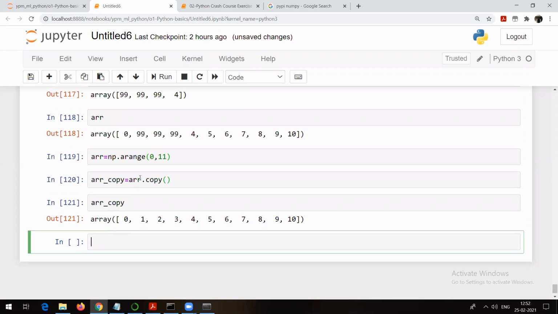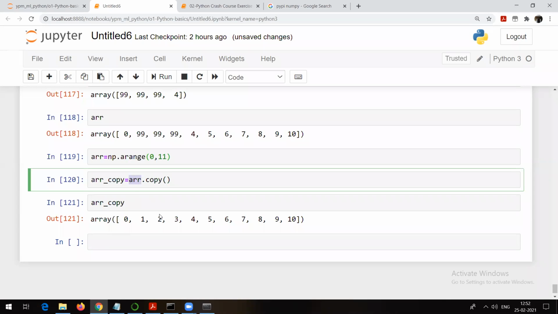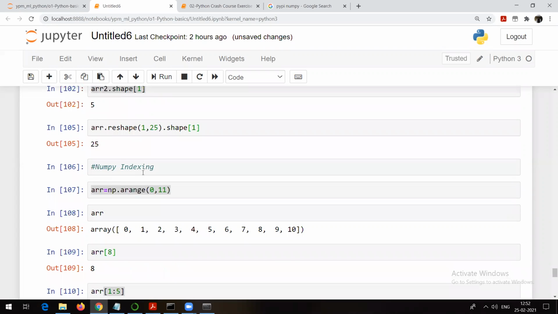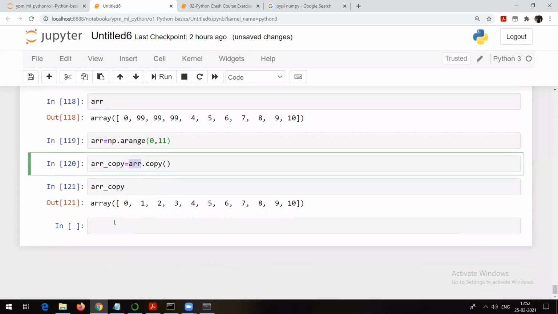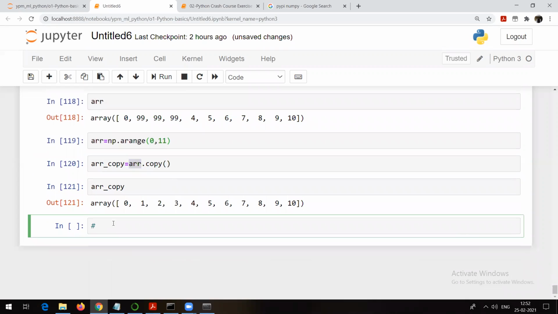Now that is not going to affect my original. This I should have done. So I hope you have understood the concept of broadcasting up to this point. Remember, whenever you are going to make use of an array, always take care of broadcasting. Indexing we have already seen, but only for a one-dimensional array. The last and most important point for today is indexing a 2D array. How do we index a 2D array?